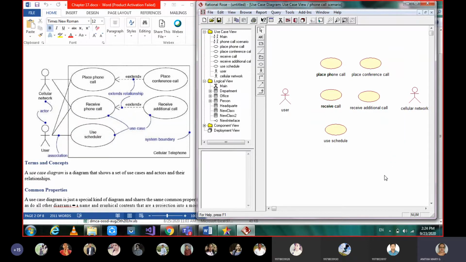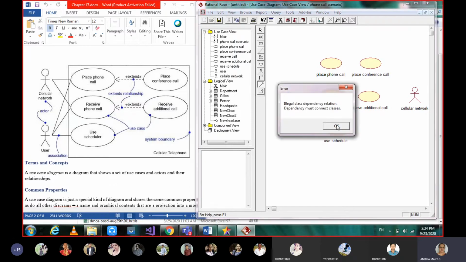After that we have to relate. Here only unidirectional is given. So let's see dependency.